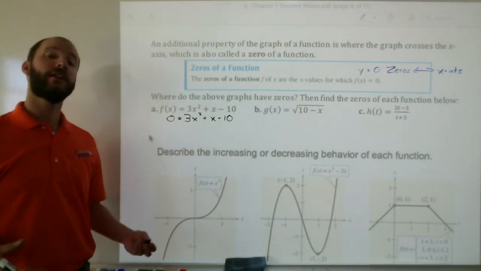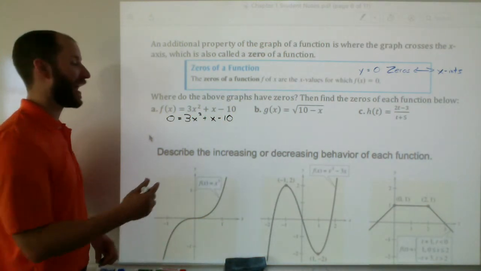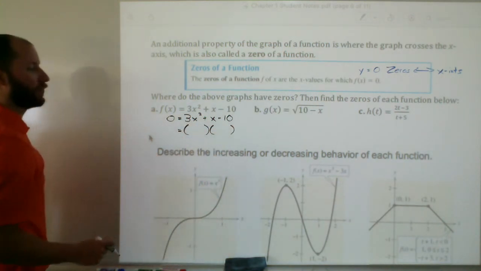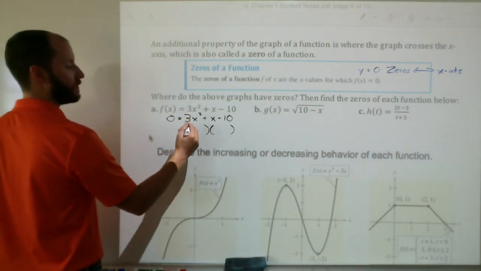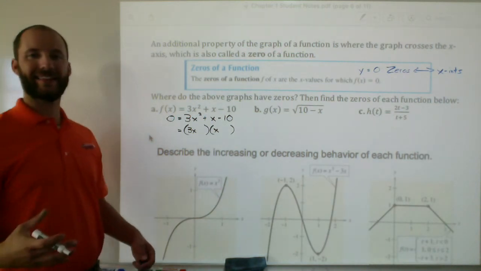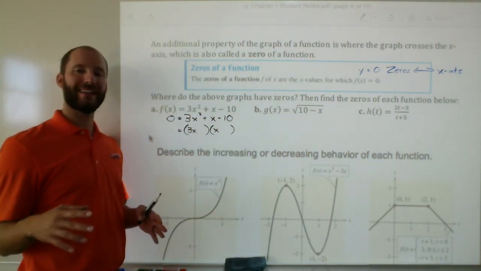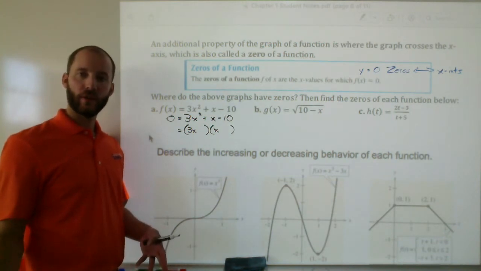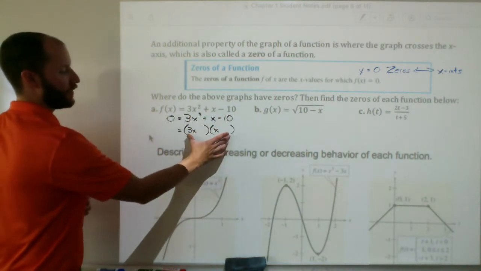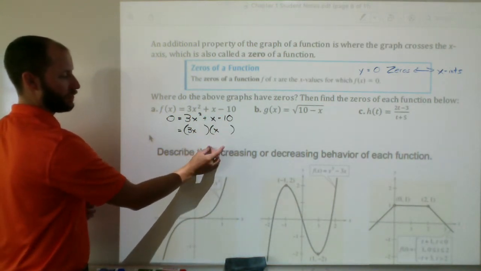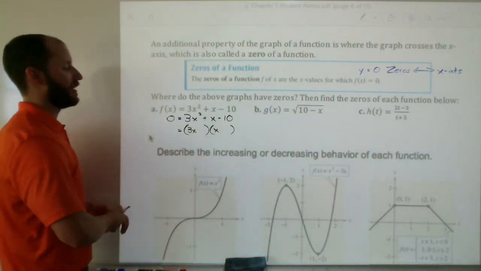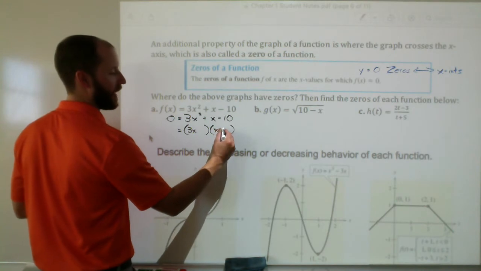We have a quadratic. It's very possible this quadratic is easily factorable. So 2 sets of parentheses. The first x values you need to multiply to 3x squared, so that's 3x and x. And now you got to think to yourself, okay, 2 numbers that multiply to negative 10. So one of them is going to be positive, one of them is going to be negative. But when you do the outside values multiplied together, the inside values multiplied together, they have to add up to positive 1. Okay? So I'm thinking we're going to need a positive 2